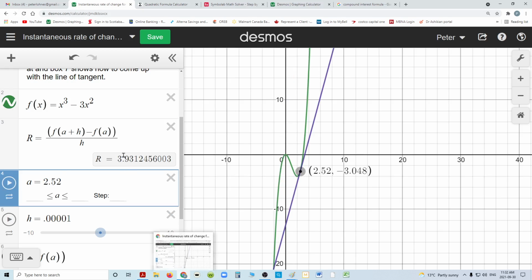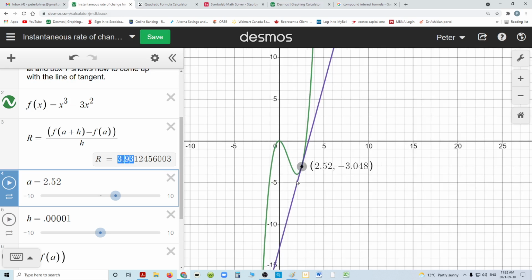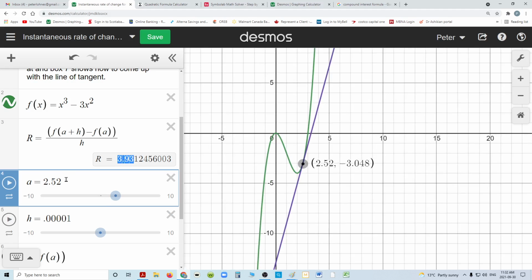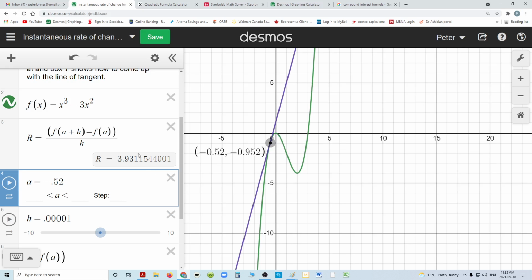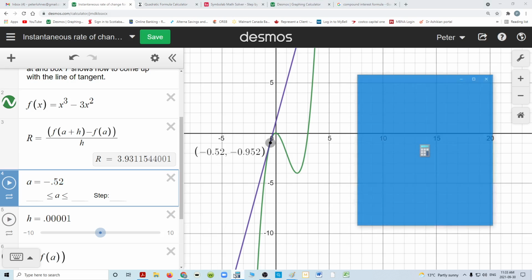Oh yeah, rate of change of 4, not 5. So I discover, sure enough, there's that one. And when I do negative, there's that one. Also has a rate of change of pretty much 4. Now, because it's not quite close to 4, it's because I've rounded the point. If I take the exact value, which was,